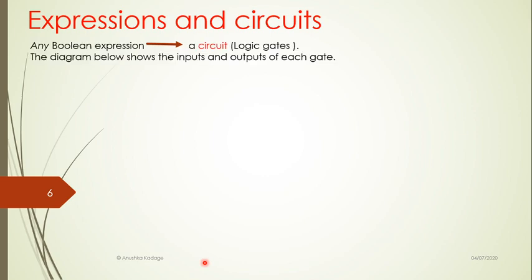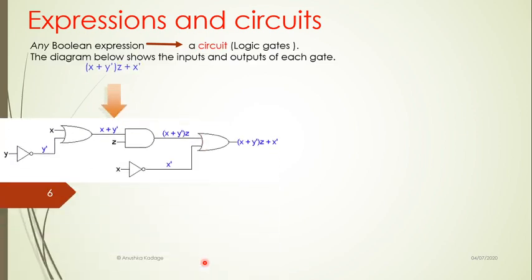Now the question comes to mind how I should get the expressions converted into circuits, because for any logic implementation the circuit is a major part which is doing the task of that operation, and for that friends the logic gates are going to help us. So let's see the concept of how to get the conversion of expressions, that is Boolean expressions, into circuits.